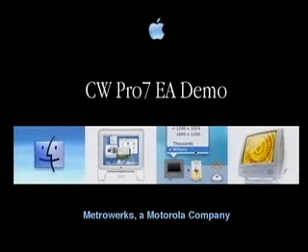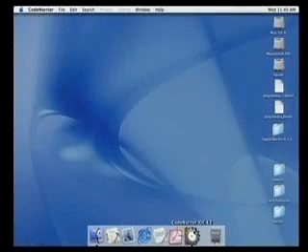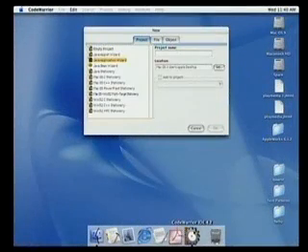So for this demo, you're going to have to use the Java DP1 update to be able to run it. Unfortunately, you're going to have to grab a Java patch from the Metrowerks website with the early access CD that you just got in the bag, because we've been doing a few last-minute fixes to make this run. Okay, so I'm going to show you a little